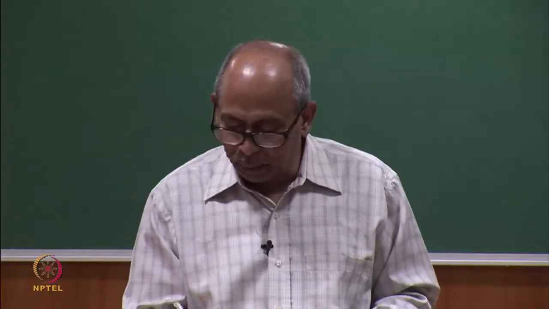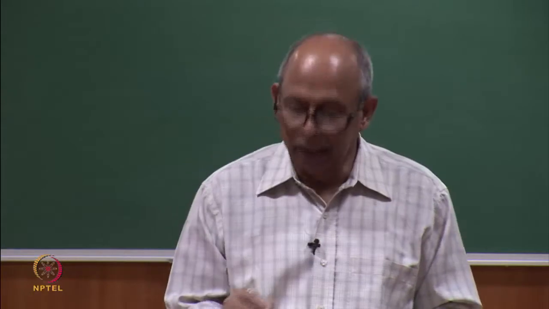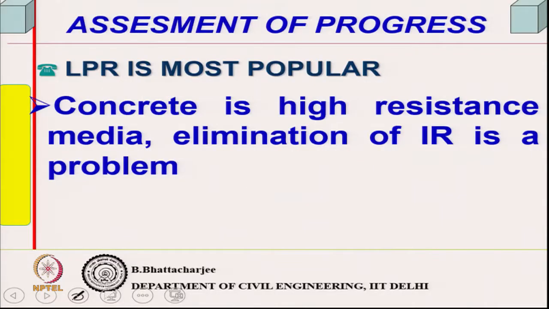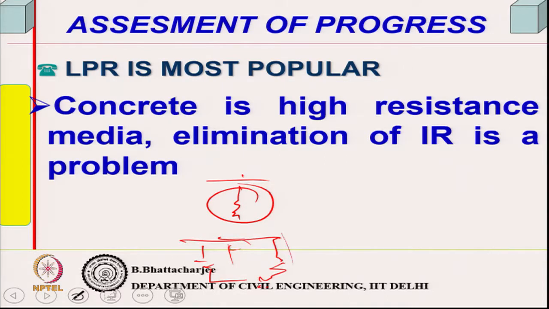So, this polarization resistance measurement is based on this kind of principle, but concrete's resistance is very high. The resistance that I was showing from the concrete surface to this is very high. So, this has to be eliminated, because polarization resistance is only at the interface. There is a capacitor and there is another resistance. So, the equivalent resistance of this part is polarization resistance.